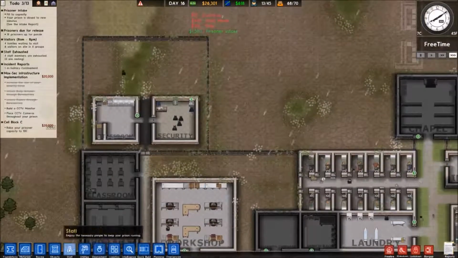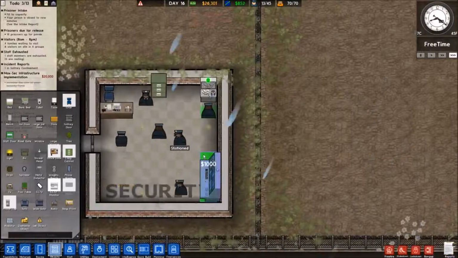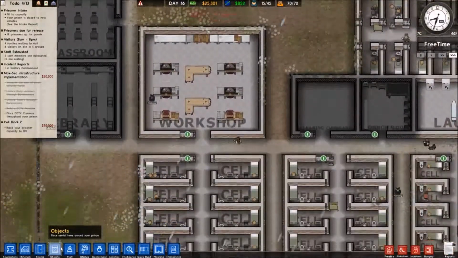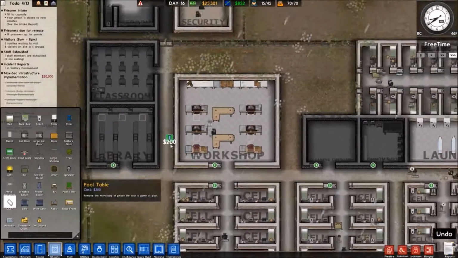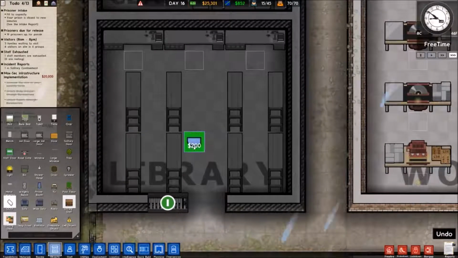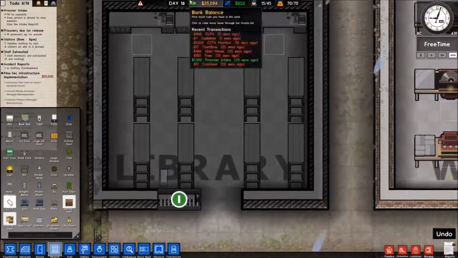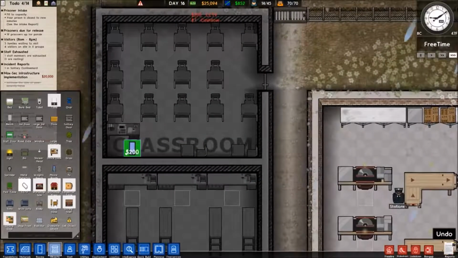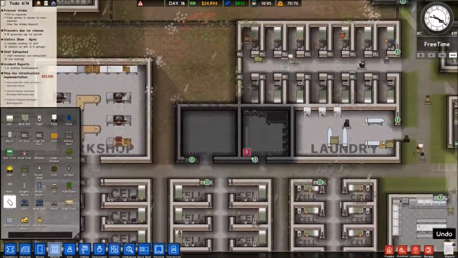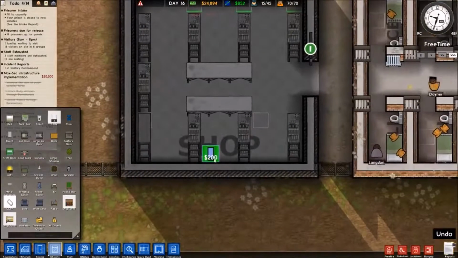So, today, what are we doing? Cameras. Cameras and other stuff. First up, let's set up a terminal for it. And now we'll set up some actual cameras in places. Let's set up one camera here in the library just to make sure we know what's happening. This should face down and give us a look at there. And now let's get one set up here in the classroom. That common room is probably fine. I don't see that being a problem.